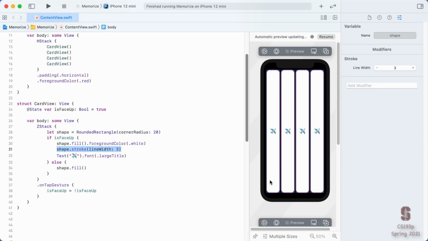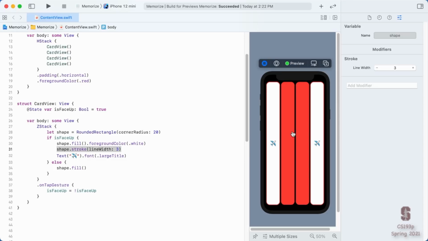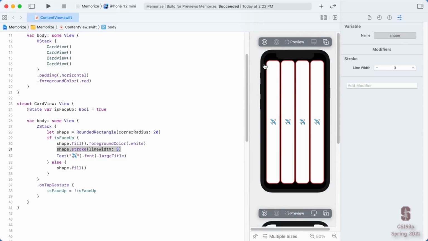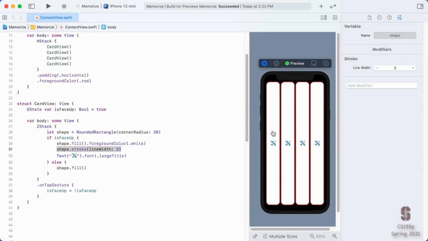Well, of course, we can do it in preview. All we need to do is use this little button right here. You see where it says Live Preview? If I click Live Preview, then it goes out of the mode where clicking on things selects things, and it still has pause and resume. So I'm going to resume here, and it's going to be showing me the latest UI, but now tapping in here is not going to select. It's going to do any multi-touch gestures like this one. Ready? Boom. You can switch back and forth really easily. Turn off live preview, you're back into clicking on things to select them, then back into live preview to make sure that your multi-touch gestures are working.